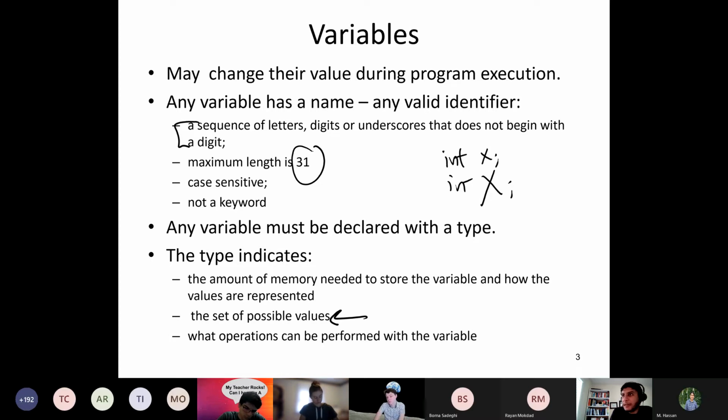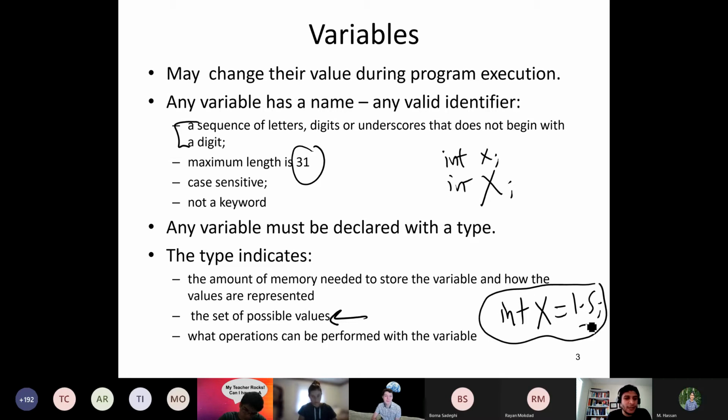If you define a variable as int x, then you cannot assign x to 1.5. In C, it will do type casting, so it will just store 1 into it. But that's really not a logical thing to do. If you want something to be floating point, you would rather use a different type than int. So the type tells you the set of allowed values of the variable you define.